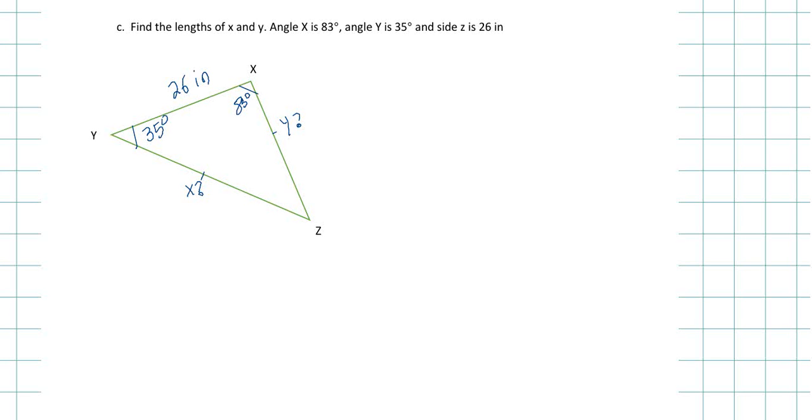Solving for side x? Okay, so let's solve for side x. To solve for side x, what do I need? I need to find angle z first, right? Because that's the only side that I have, and I need to have the angle corresponding to it. So to solve for angle z,